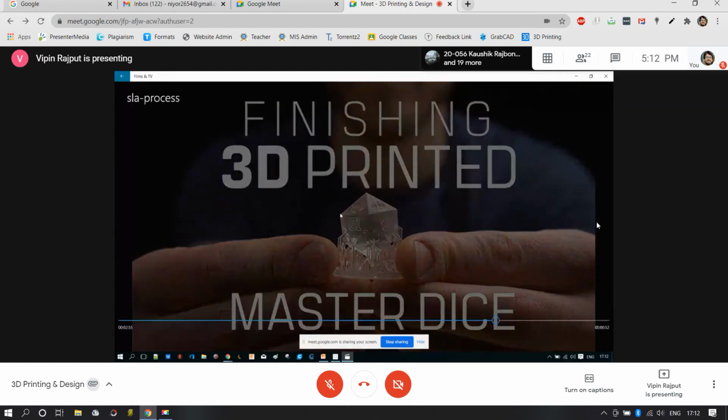So what this person did over here was, as soon as the washing was done, he took the parts and kept them in a UV oven, a UV chamber, and defined the temperature of the chamber. Every photopolymer is prone to get polymerized at a particular temperature, and also depends on the intensity of light as well as the duration of exposure. Within this chamber, all three parameters were defined, and the rest of the operation was carried out by the instrument. Once the UV curing is done, we take out the model from the UV curing chamber, and the rest of the post processing is done.